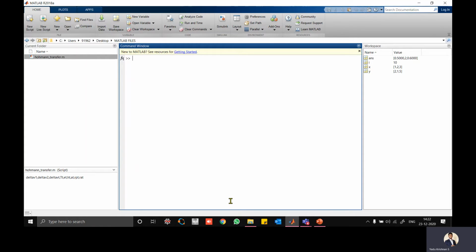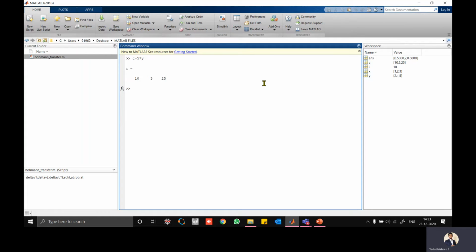If you want to find, let's take, x and y are already defined here. You can see in the workspace whether they are available. Yes, x and y are available. So c equal to 5 times y. I cannot write 5y because I need an operator between 5 and y, so I'll put a multiplication, 5 star y. Y is an array of 3 elements that is multiplied with a constant value.